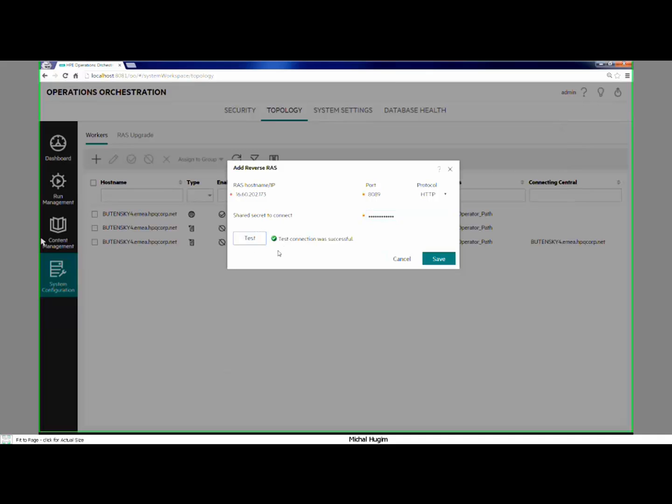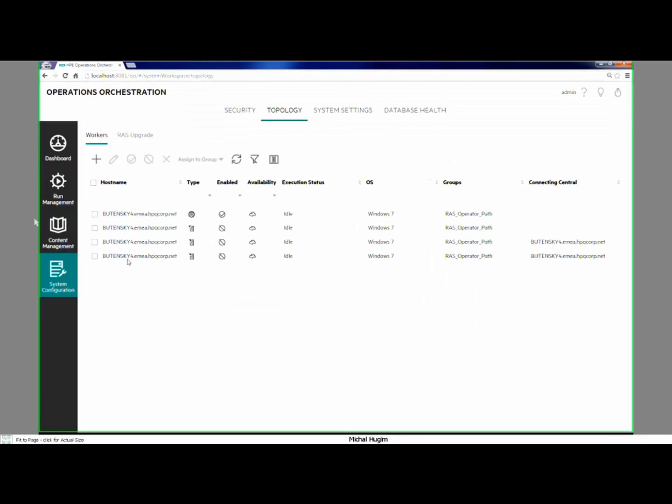Okay, so first I have to test that it finds the RAS as well. It does, and now I will just save it, and it's supposed to add a new RAS to my system. Okay, it's done, and this is the new RAS. Those two, as we can see, are reverse RAS, and